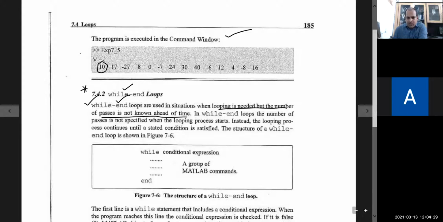You can see that in while-end loops, the number of passes is not specified when the looping process starts. Instead, the looping process continues until a stated condition is satisfied. This is the structure of the while loop. So after while, you have to give the conditional expression. If this conditional expression is true, then